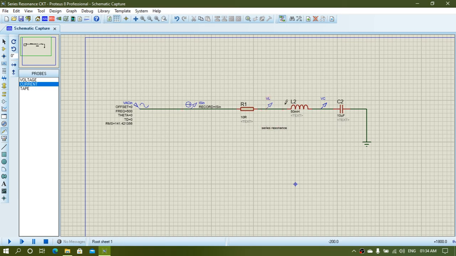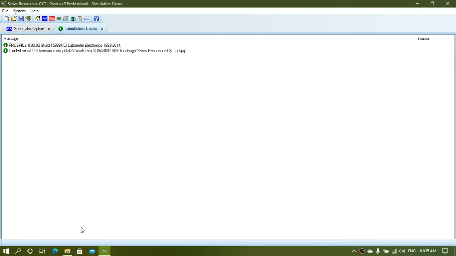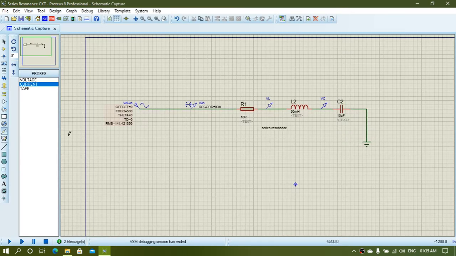And to observe the voltage across L and C2, I also add two voltage probes there. So when I simulate it, it shows us the maximum current and voltage drop across L and C. Now to retrieve the graph, you have to stop the simulation first and then select the graph from this left side menu. So for today's application, for our prediction, we need a frequency graph to plot.